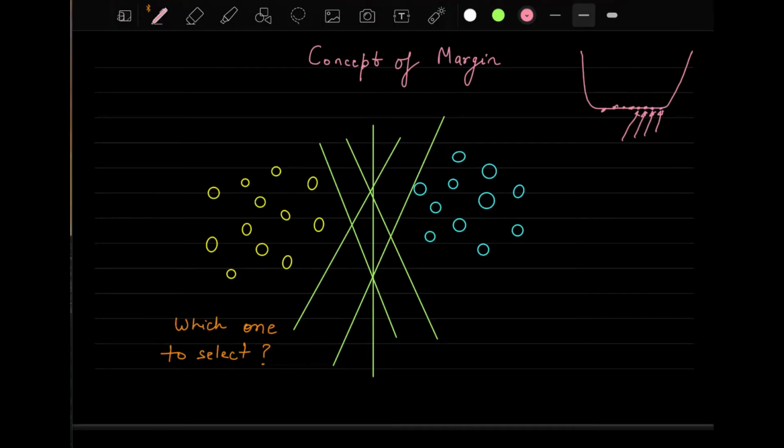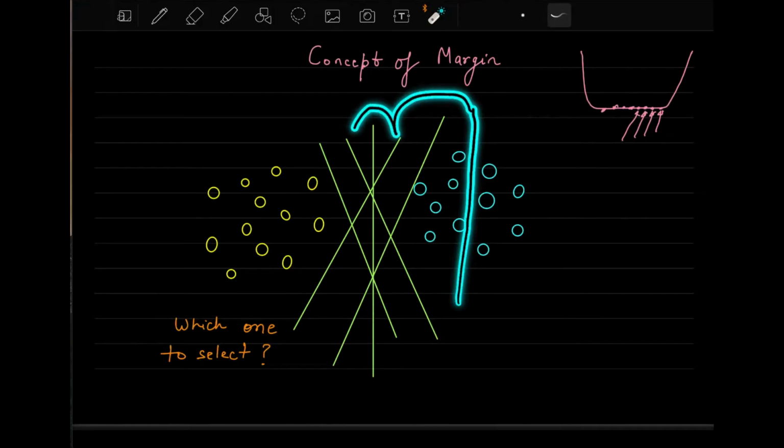So if you initialize your algorithm somewhere here, then it might be the case that this particular line, after multiple iterations, will converge to this line. Or it might be possible that if your algorithm is initialized from this side, then after convergence it will end up on this line or on this line, depending upon where the initialization of the algorithm starts. So out of all these possible hyperplanes that the perceptron algorithm can generate,